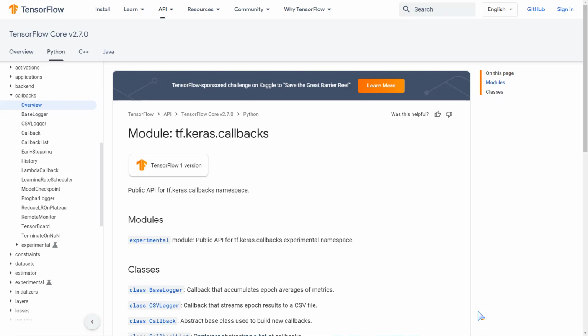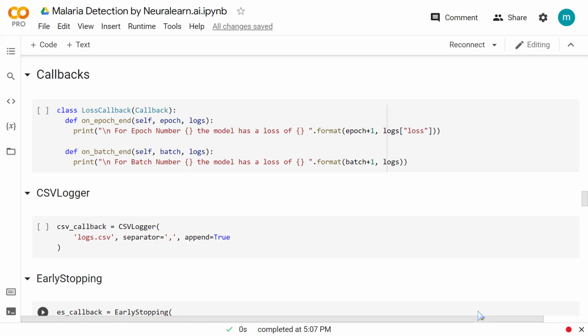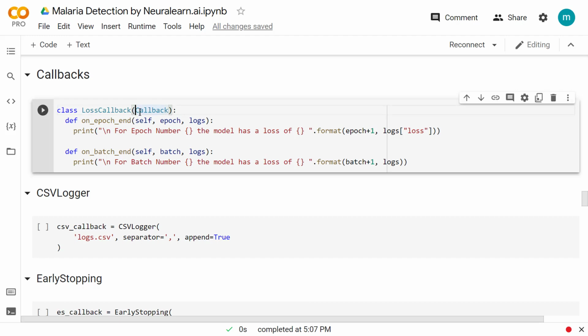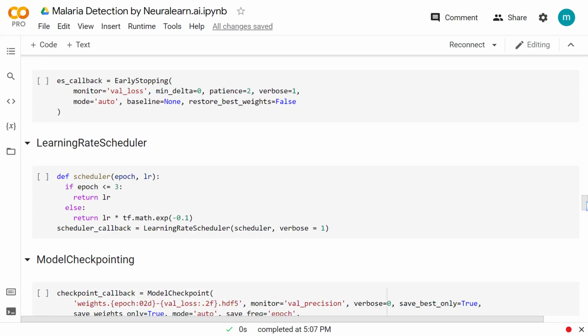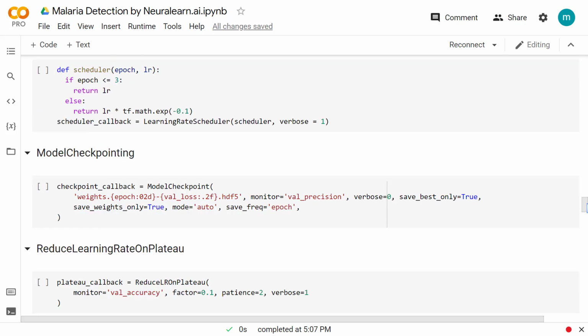What's up everyone, and welcome to this new section in which we'll build callbacks with TensorFlow. In this section, we'll look at how to build a callback from scratch by inheriting from the callback class. And then we'll build other callbacks made available by TensorFlow like the CSVLogger, EarlyStopping, LearningRateScheduling, ModelCheckpointing, and finally